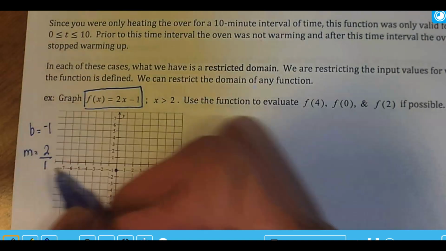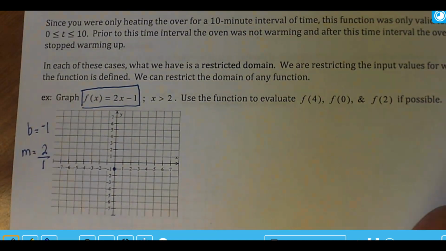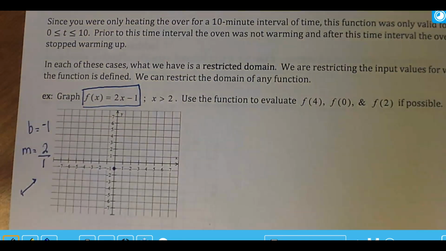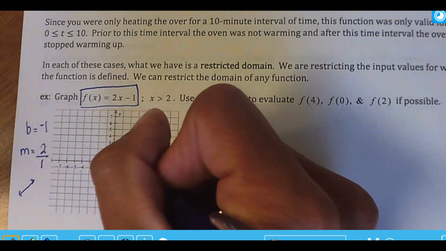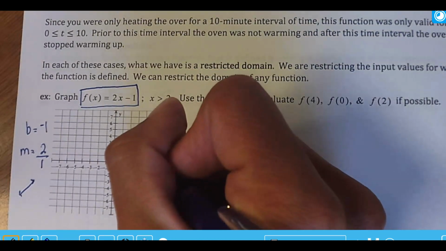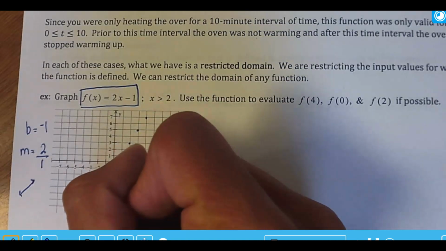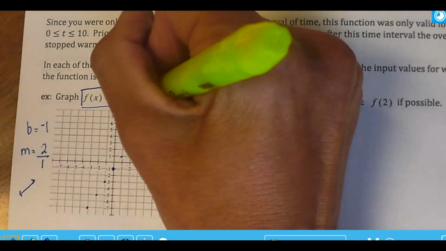And then just as a reminder, one of the common things that gets messed up when we do start looking at these things known as piecewise functions is the direction of the line. So just a reminder that this line will be going up from left to right. So from here I'm going to rise 2 and then run 1, and I'm going to quickly fill up my page with as many points as I can. And that is very important in this section, that you fill up all the points. Now what I don't want you to do is connect them yet,